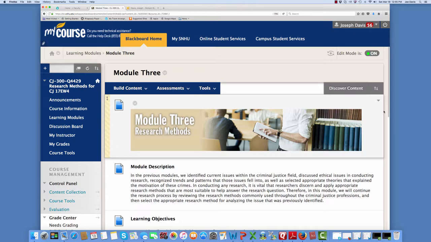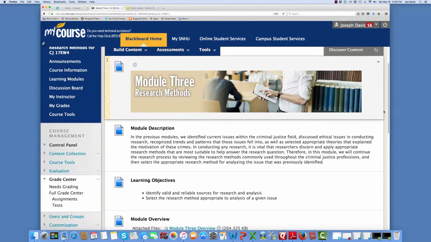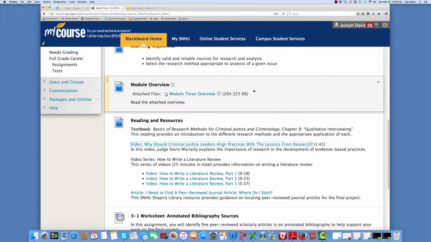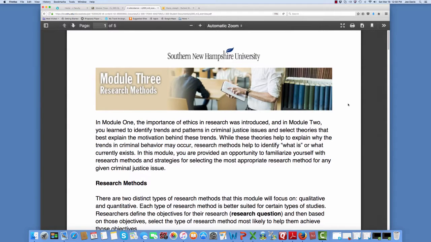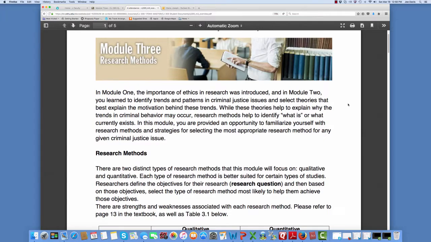Today we're going to talk about assignment 3-1, the worksheet for the annotated bibliography. Here we are in Module 3. All right, let's come up here for today's assignment where we're looking at an annotated bibliography, and let's first look at the Module 3 overview document so that we can see this is a great source